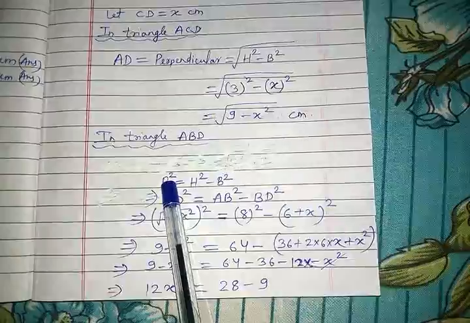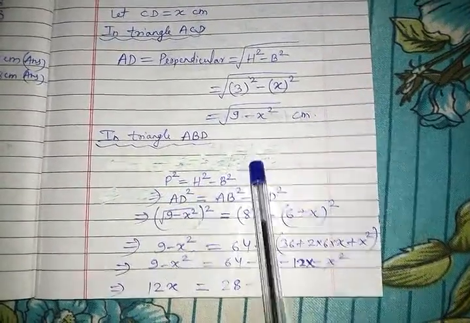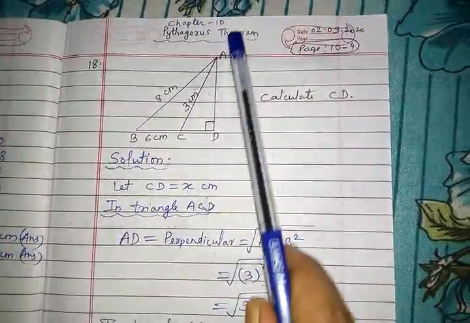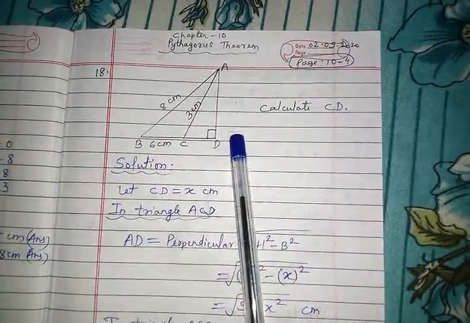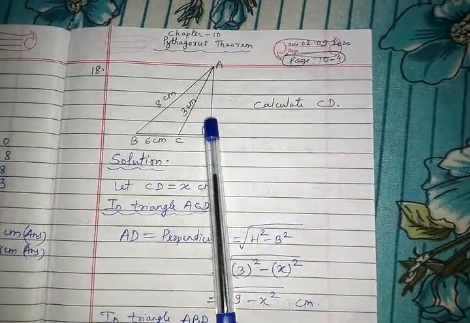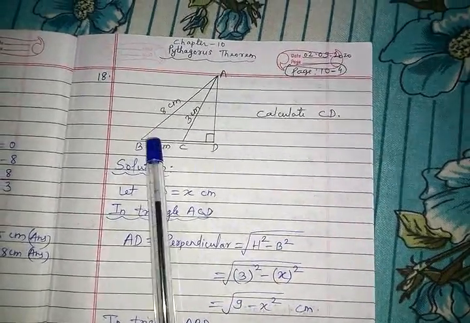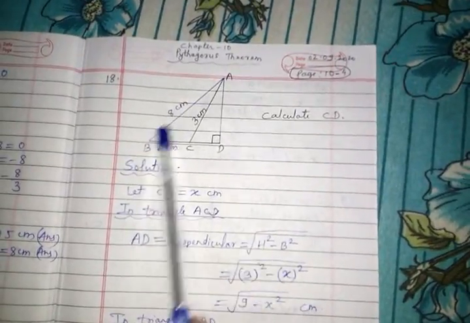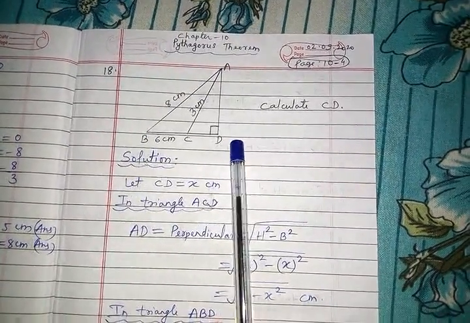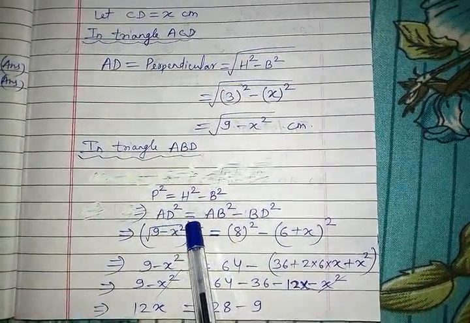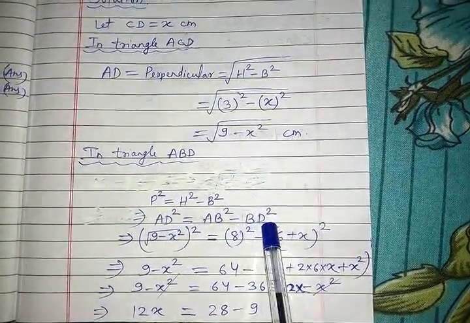Now what is the intention? Why am I not putting root over but I am putting square? Then let me remind you, in this larger triangle ABD, our perpendicular is AD, the same one which in the previous triangle also was perpendicular, and in this larger triangle also AD is perpendicular. AB is our hypotenuse and BD is our base. So same thing I wrote, AD square equal to AB square minus BD square.